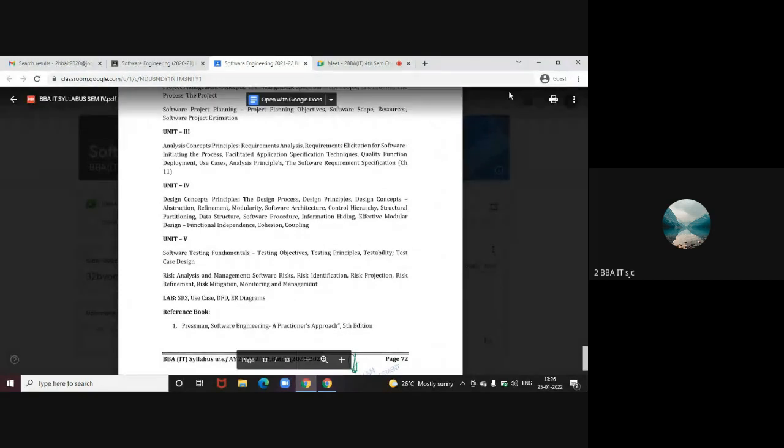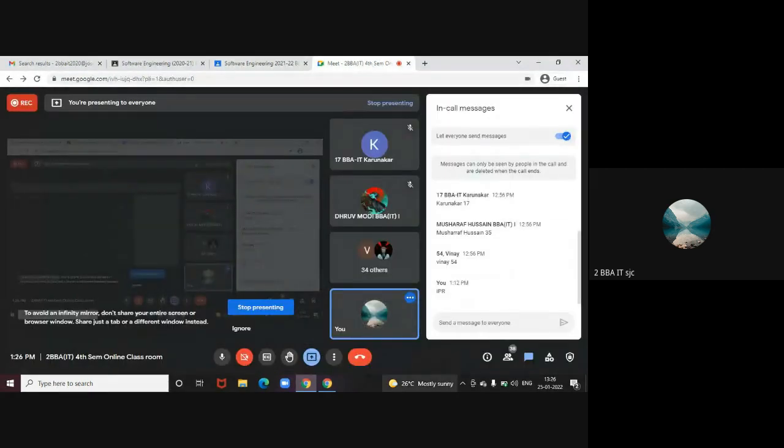You can make use of that software, maybe you can use Rational Rose. Have you ever heard about this software? No, ma'am. Let me type it in the chat box. The software name is Rational Rose. Rational Rose is the software you can install. I think it is open source only. So many other software are also available, but Rational Rose is the right one, with which we can implement many diagrams.